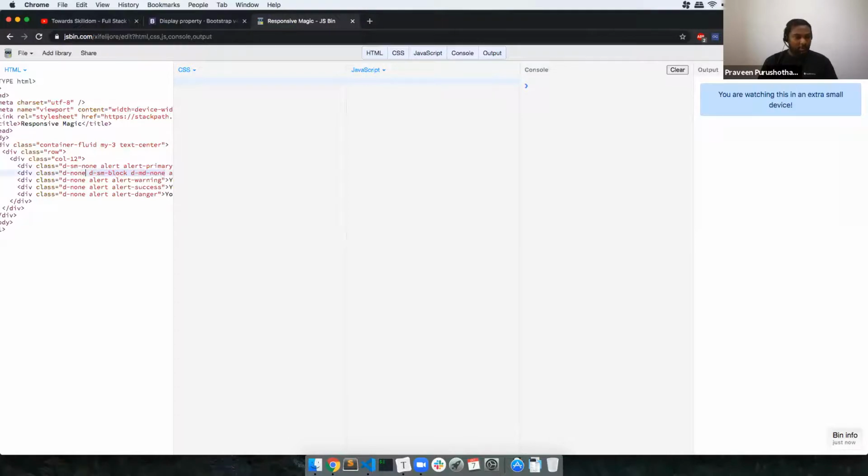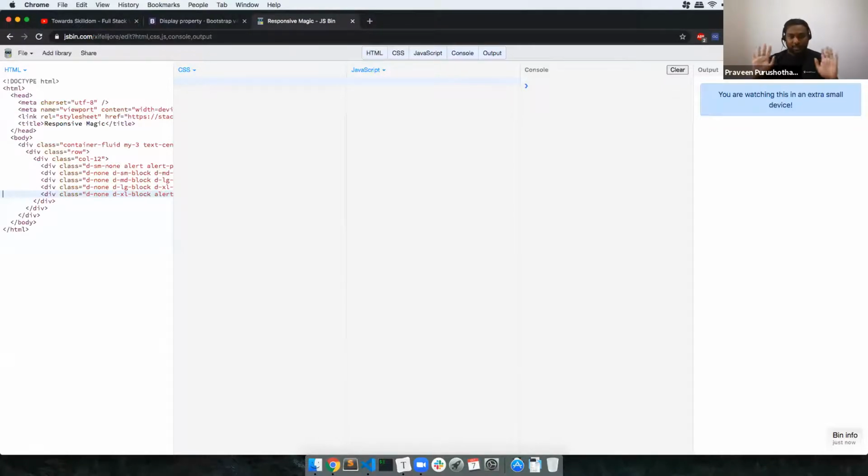Okay, that is what I'm going to do. So I'm going to put all these things for everything, but only with the difference that I start with SM MD, then I go with MD LG, then I go with LG XL, and then I go with XL. Then there is nothing called XXL or anything, so I'm just going to remove this other part. Okay, now I have removed everything.